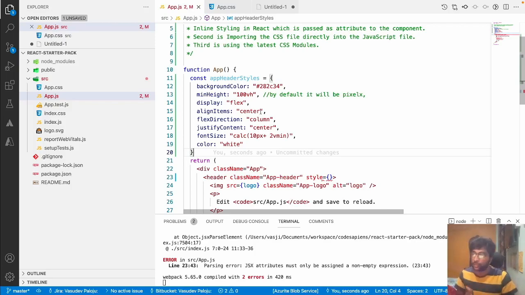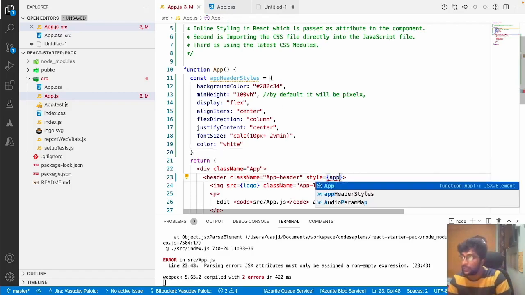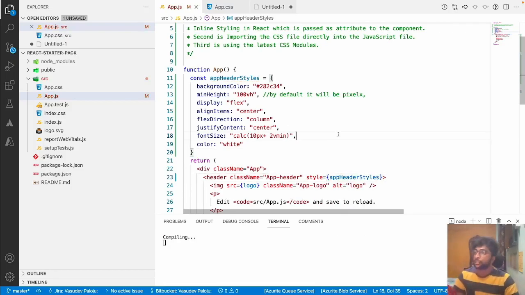When the user clicks on a button, it goes to the darker theme, and when the user clicks again, it goes to the lighter theme. Then you can store your styles in a JavaScript object in the React state, and it will be very useful to change the CSS properties dynamically using JavaScript events and actions. So you just apply it like this, appHeaderStyles. This is the second way